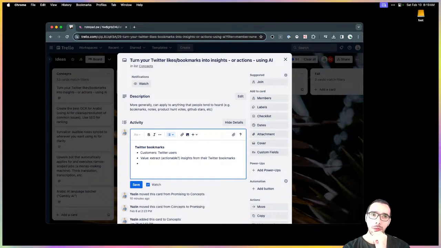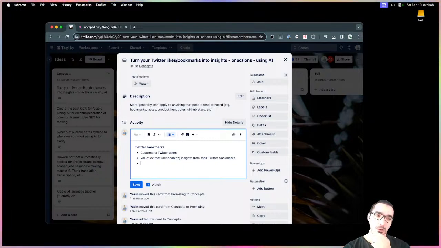And how valuable would that be to them? I don't know. I guess it would depend on, I don't know. You could probably charge for it.